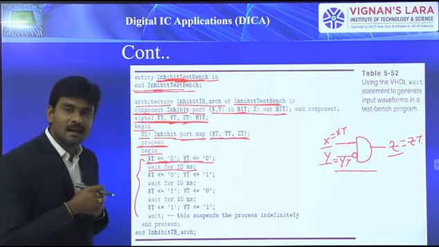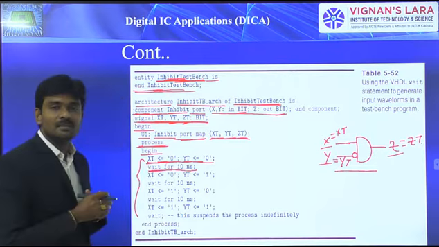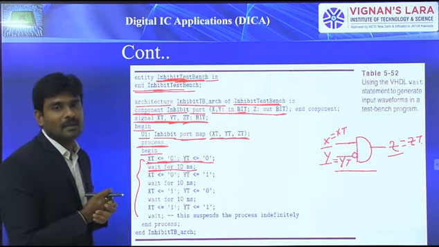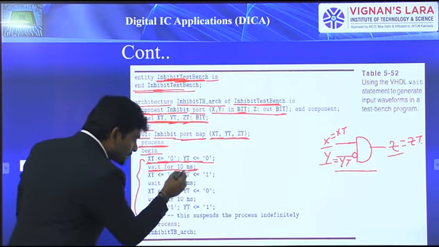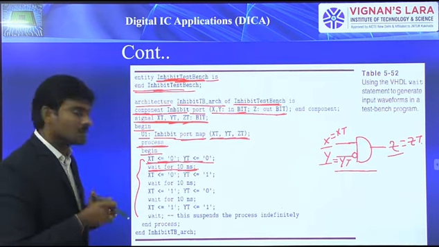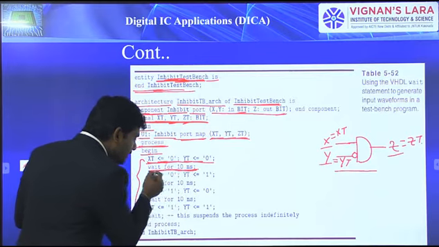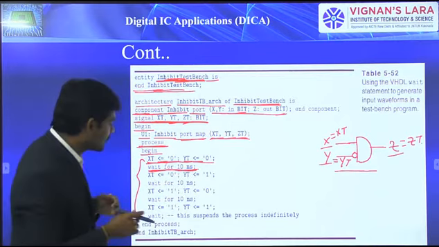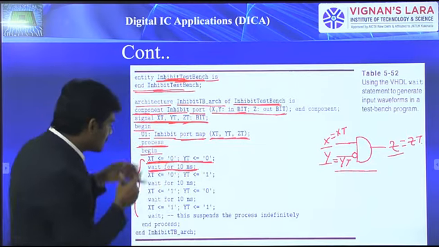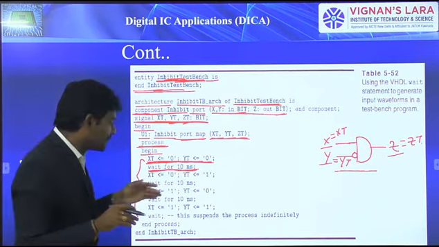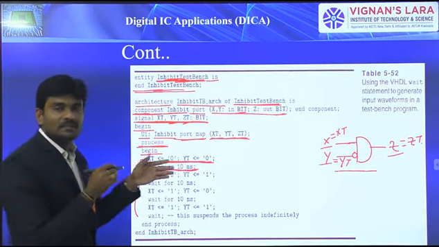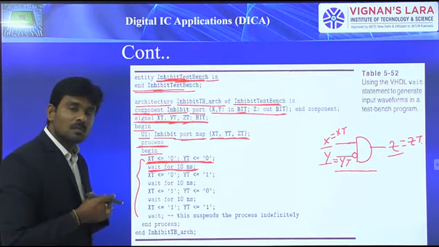As we described in the last class, we can achieve that by using the wait statement. Wait is going to suspend the process. Up to what time means, if you mention any particular time over there, up to that time it is going to suspend that process. So in this case, we mentioned wait for 10 nanoseconds. Because of that, after assigning these values to xt and yt, the process is going to suspend for 10 nanoseconds. Within that time, the program, considering these inputs, is going to generate output in the waveform.